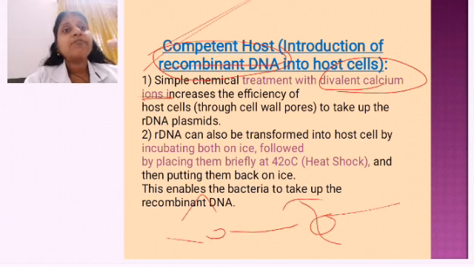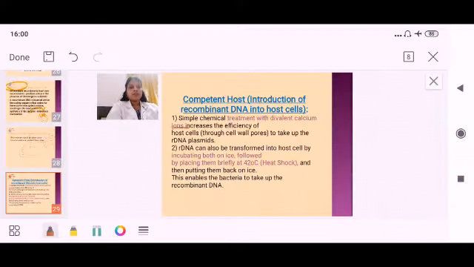At that stage, my body's immune system becomes weak. The cells in my body will not respond properly. That is why they tell you to take rest and not expose yourself to germs, because they can take entry very easily when my cells are not in proper condition. In the same way here, the host cell, the bacterial cell or the plant cell, in which I am going to introduce this rDNA.